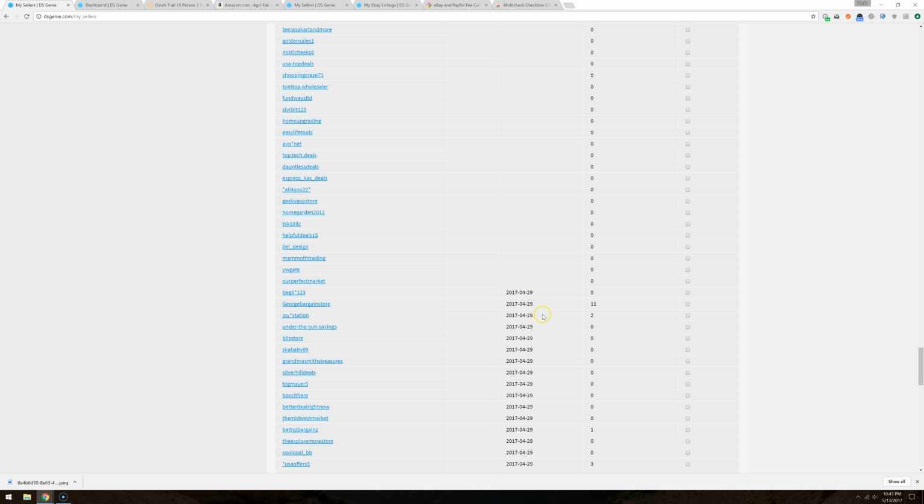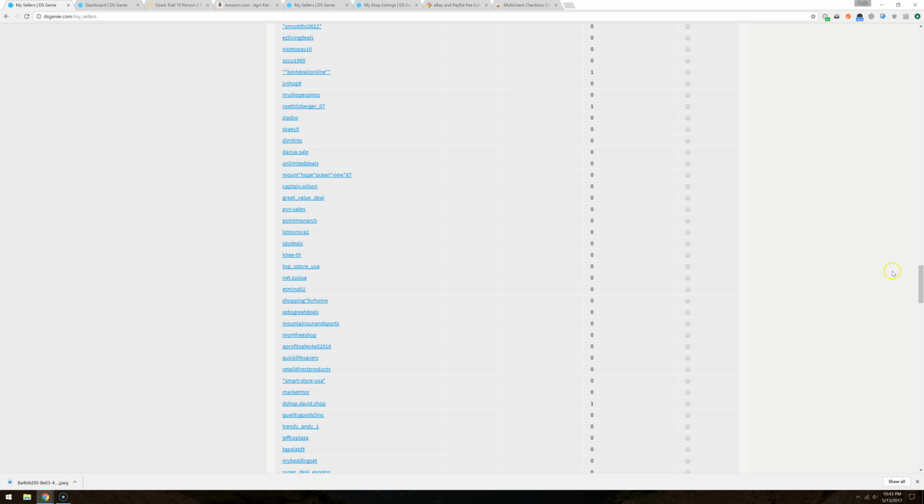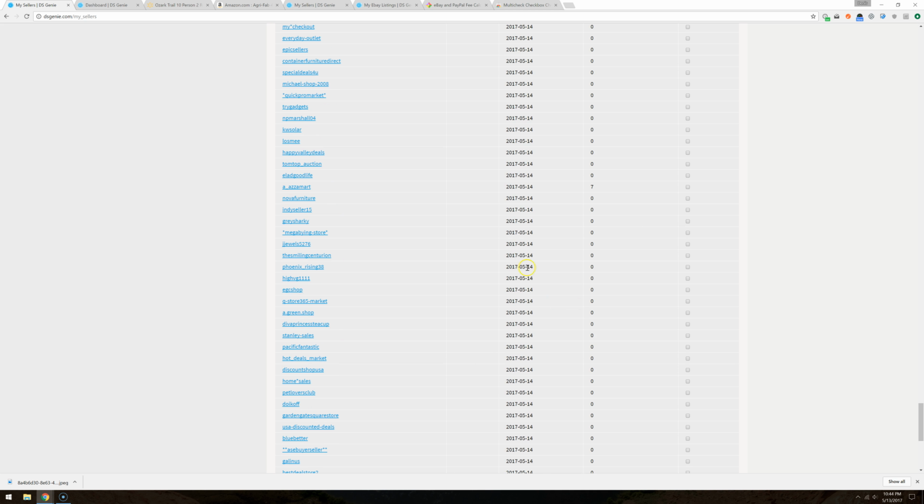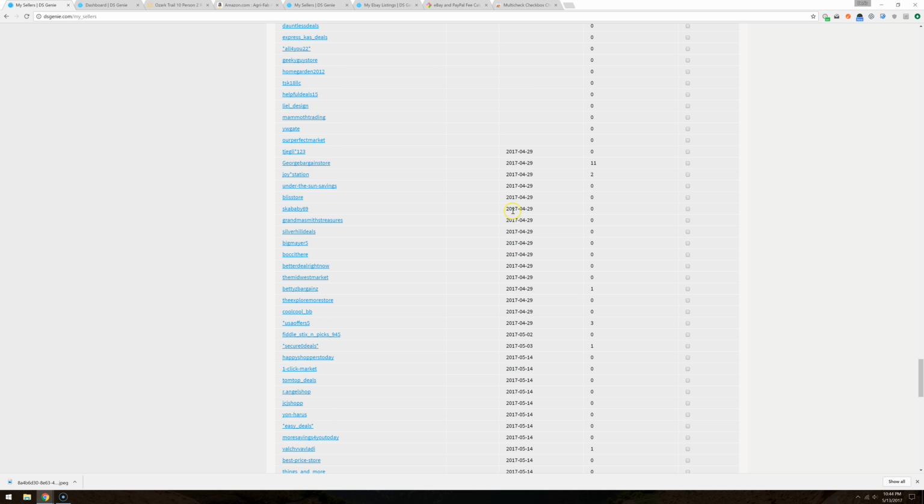So you need to scan the sellers from the top of the dates which you scanned the furthest away. As you can see, we scanned these guys a week ago and we scanned these guys today. So next time you would scan the sellers that we scanned the furthest time away. Okay,